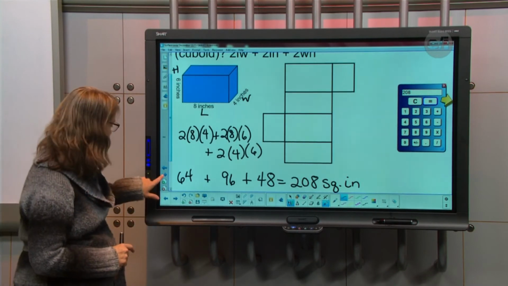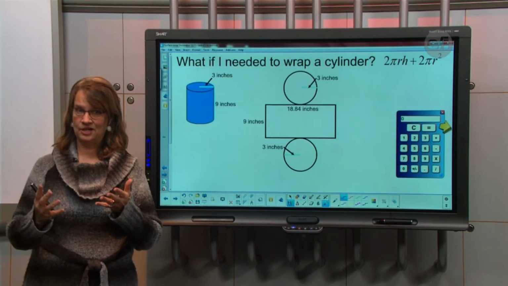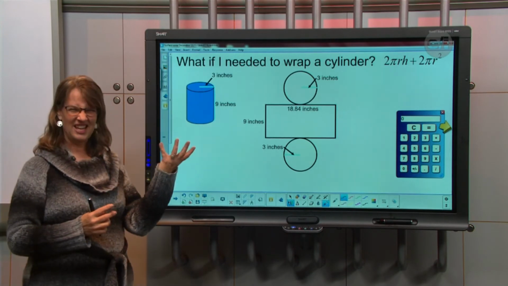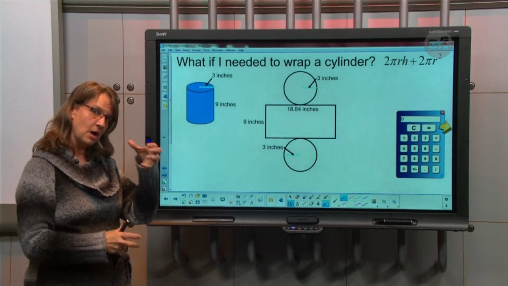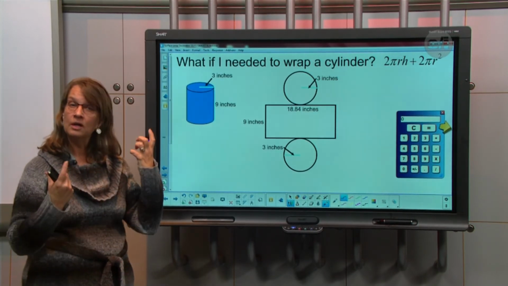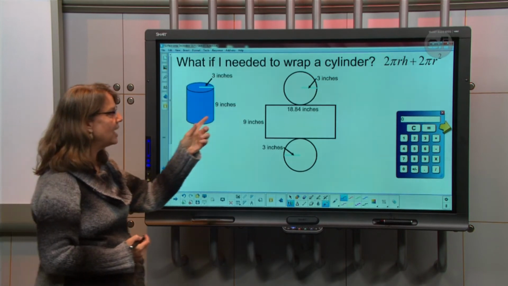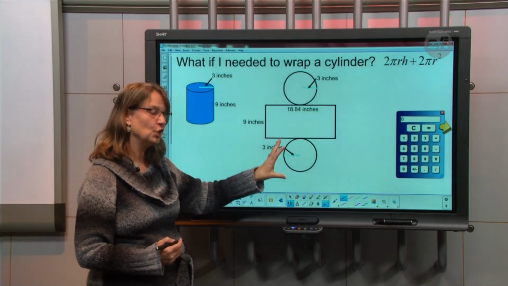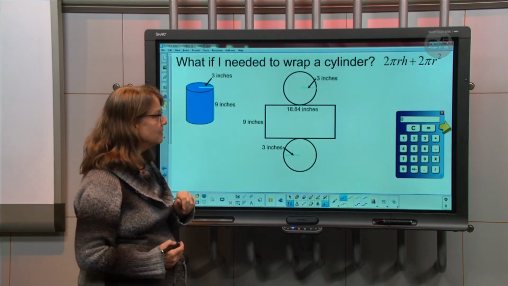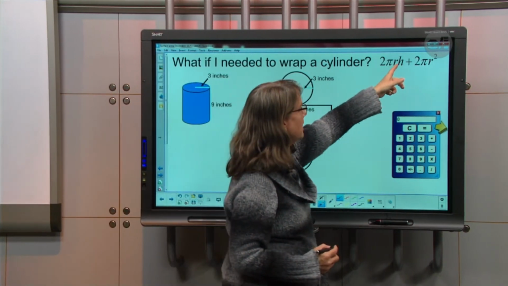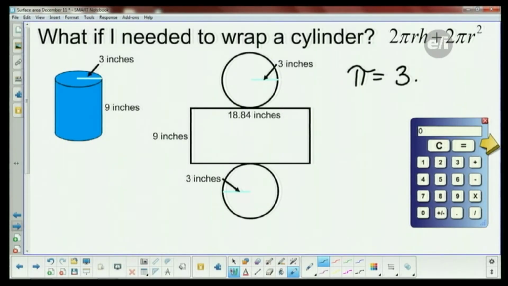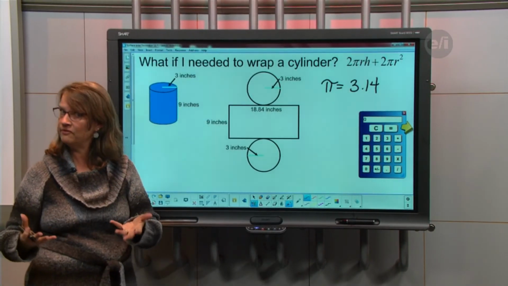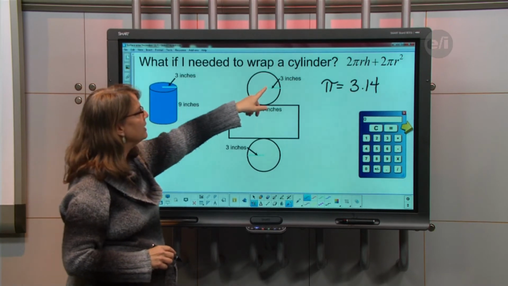All right, so now here's the cylinder. Laura didn't get to go to this one. I sort of like this one. It's like an oatmeal can. When you open it up, you have the round top and the round bottom, but then the side is an actual rectangle. So you have to find the area of each of the 2 circles and then the area of the rectangle. So here it's 2 pi r squared. For our purposes today, we're going to use 3.14 as our pi, but typically on a math exam, you'd leave it in terms of pi. So now we have a radius of 3.